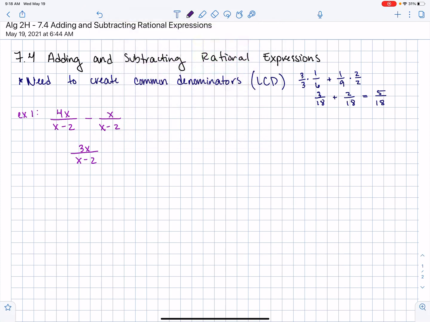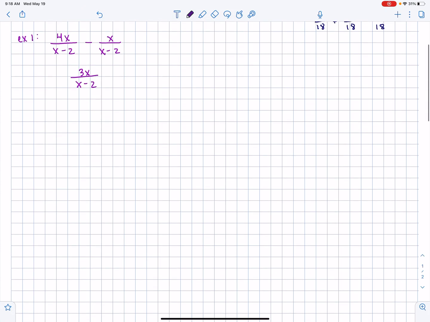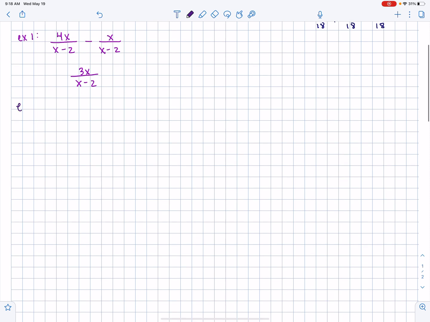Now let's look at something without common denominators. So we need to go ahead and create those. So for example 2 here, we're going to start with 7 over 9x squared plus x over 3x squared plus 3x. All right, so as you can see here, these denominators are totally different, meaning that we can't add them up. So first thing is I want you to factor your denominators and not your numerators,